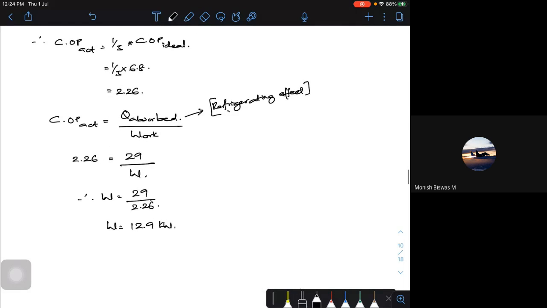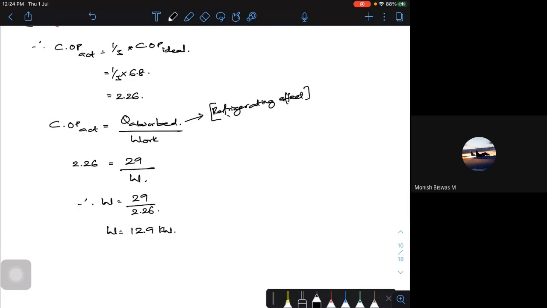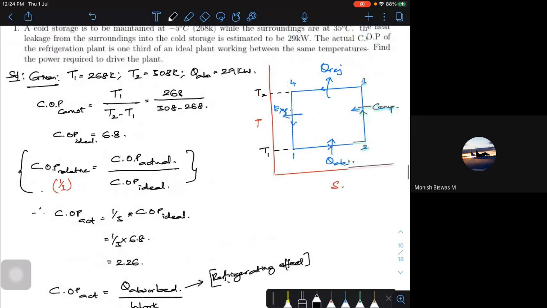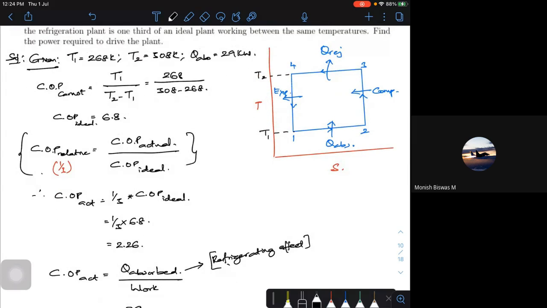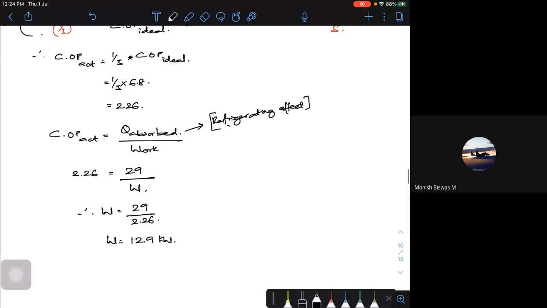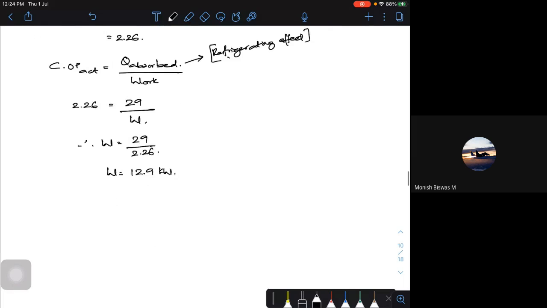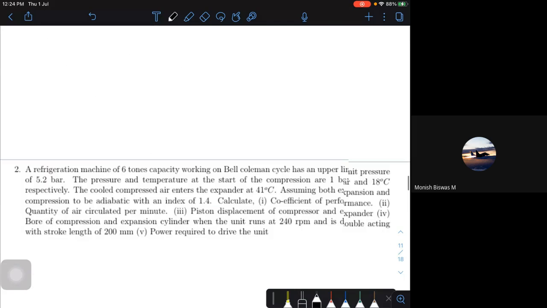Okay. Why I took this particular problem is, I have seen some of the problems for this topic. They try to base it on idealistic things, the ideal refrigeration cycle. One ideal refrigeration cycle is actually your Carnot refrigeration. So that's why I took this problem. Anyway, we don't have any theory to be discussed in the class, but if I solve one problem with all the ingredients in it, that will give you a good flavor for understanding Carnot refrigeration. Okay, clear? So let's move to the next problem.